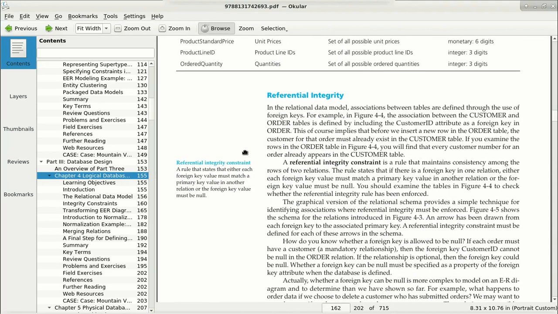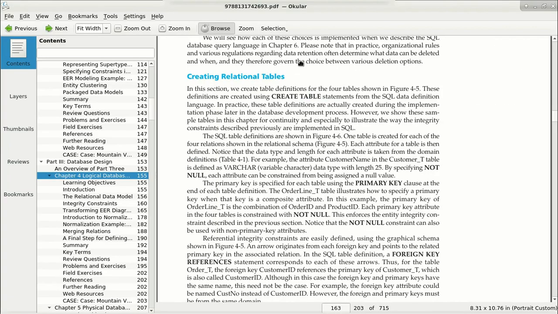So this is what the referential integrity constraint is. The referential integrity constraint does not allow you to enter an invalid value in the foreign key, which basically means that we cannot enter a value in the foreign key that does not match its primary key. We will see this part in the next lecture, and